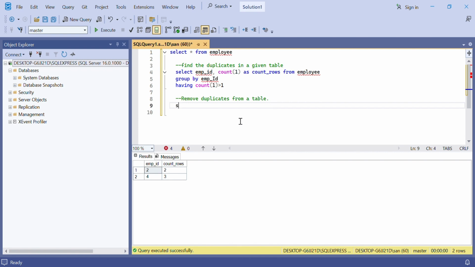So therefore we are going to write our query: select, from, we're going to assign a row number to each row, that is over